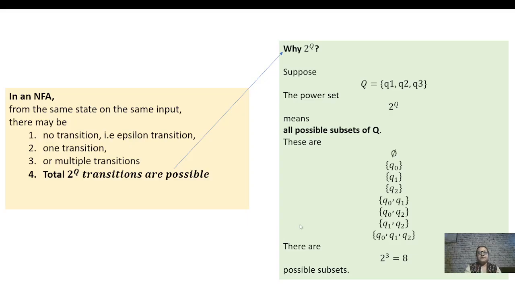So instead of mapping to a single state, the transition function maps to the power set of states. Mathematically, delta, which takes Q cross sigma, gives you possibilities 2 to the power Q, that is, all the possible subsets of the state set. Therefore, an NFA may move to 0, 1, or several states simultaneously for the same symbol.